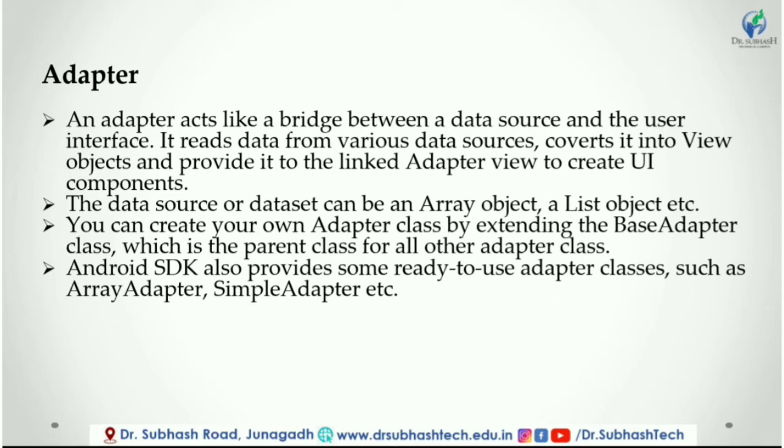Adapter view is a view object and can be used just like we use any other interface widget. The only catch here is that it needs an adapter to provide content to it, as it is incapable of displaying data on its own. An adapter acts like a bridge between data source and the user interface. It reads data from various data sources, converts it into view objects and provides it to the linked adapter view